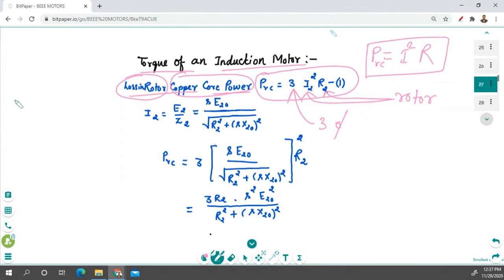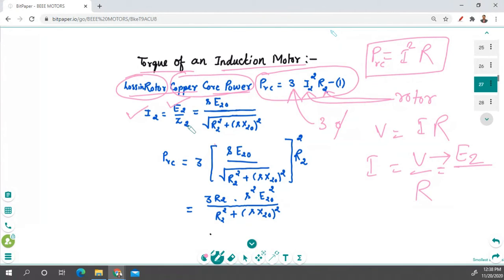Okay, so now come to the next point, current. How can you calculate current? V is equal to I into R, so I is equal to V upon R. In this case, the voltage is considered as E2, or we can consider it as EMF. So this V is considered as E, because we are talking about EMF here in the case of the rotor. That's why we will take this E2.